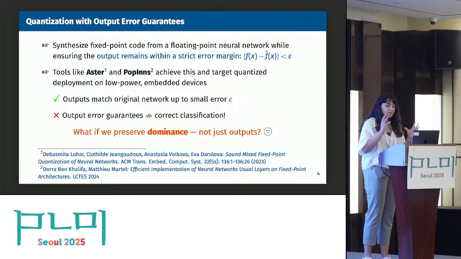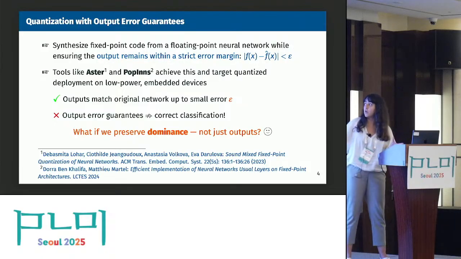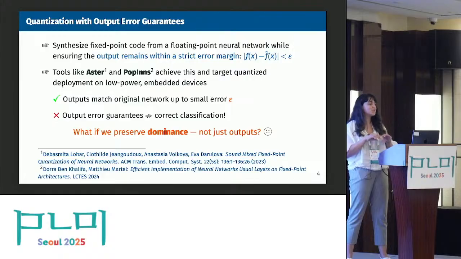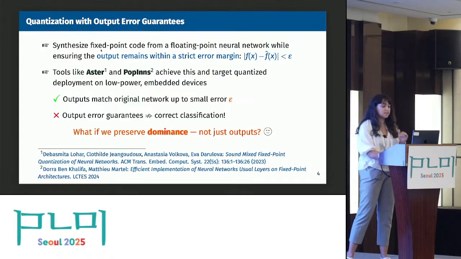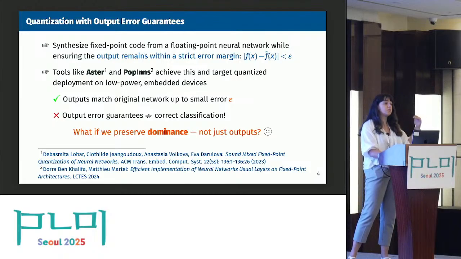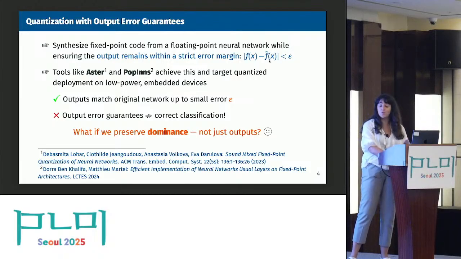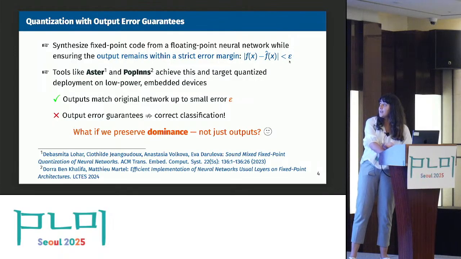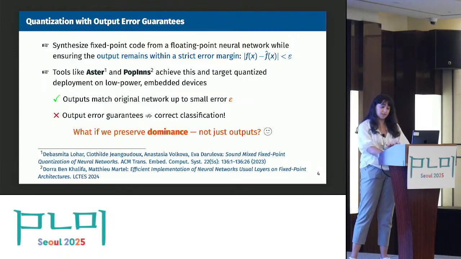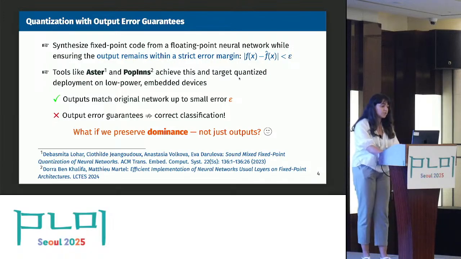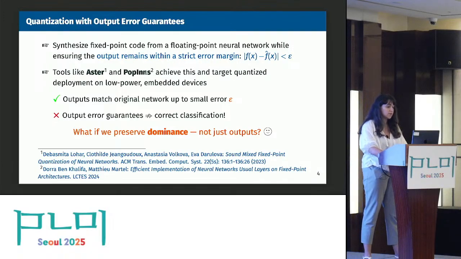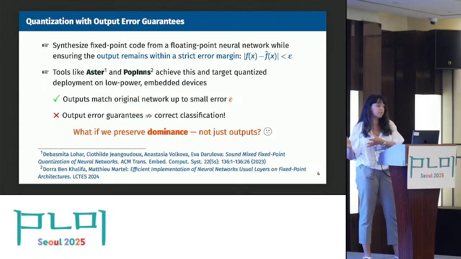They take the floating point neural network and give an error guarantee, for example, that the error bound between the original floating point neural network and the quantized one must be less than a small error, here epsilon. Tools like Aster and a previous tool of ours, Poppins, do this. They synthesize fixed point code for neural networks based on such a guarantee. So this is very good. Our outputs match the original network. However,